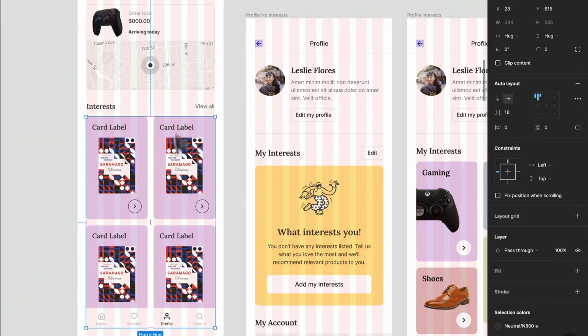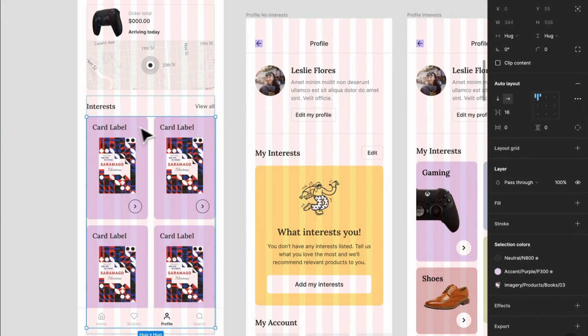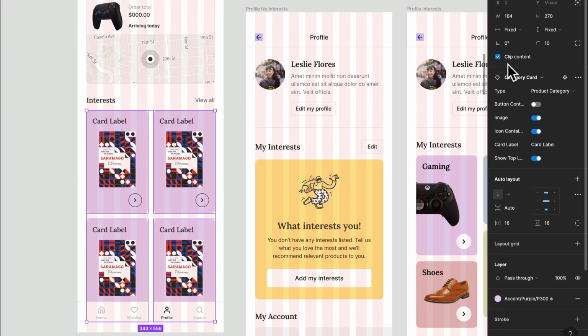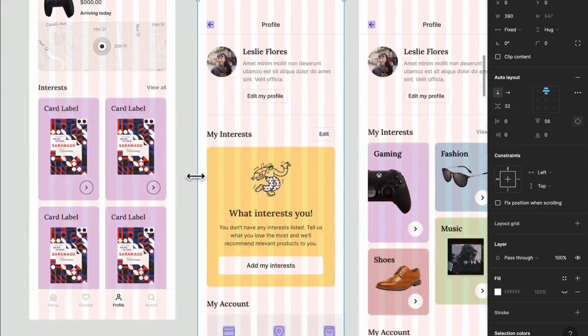And then now I'm going to hold Command and throw it in my section container. Now we can set it to fill. I'm going to press Enter, which is going to select both columns. We can set that to fill. Press Enter again, which is going to select all the cards and fill that container. And now we can go about actually